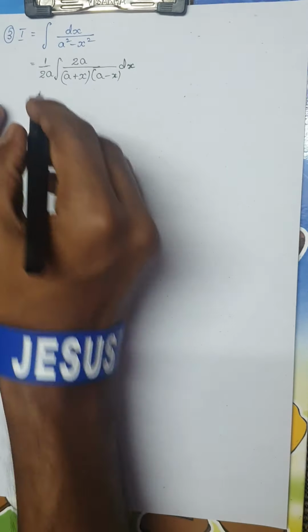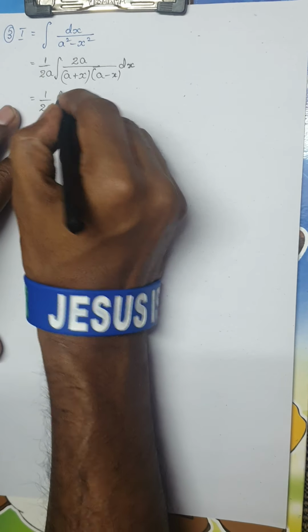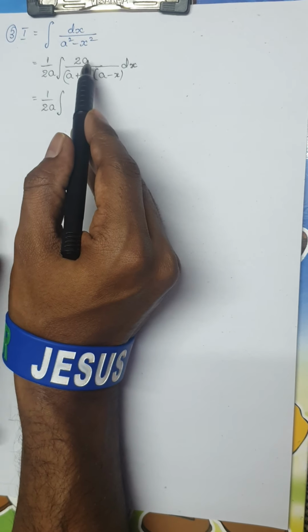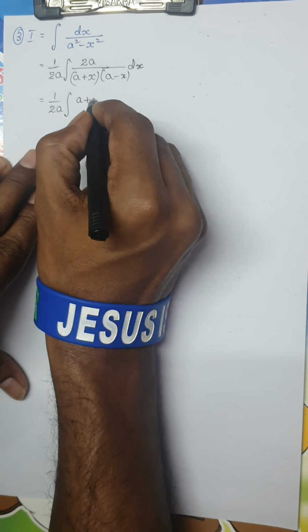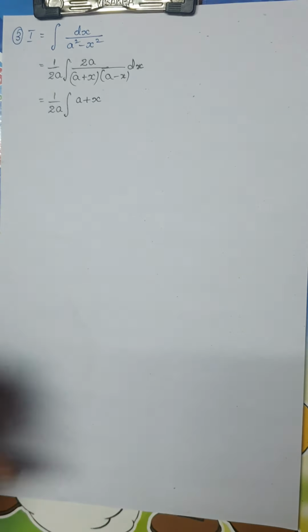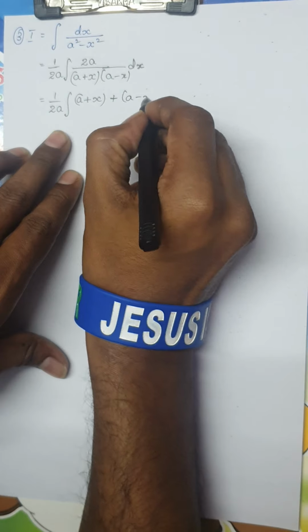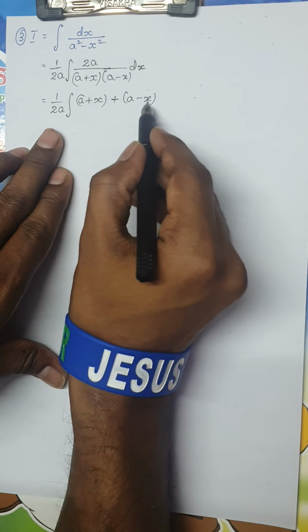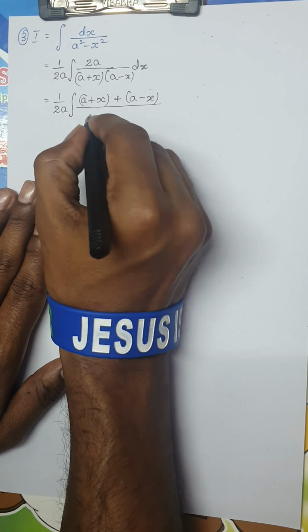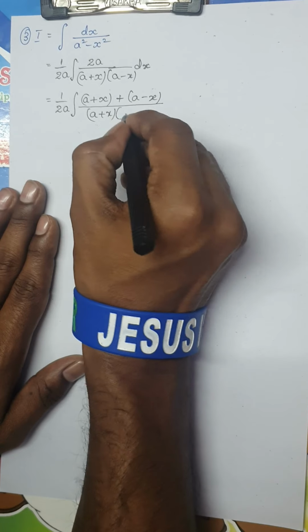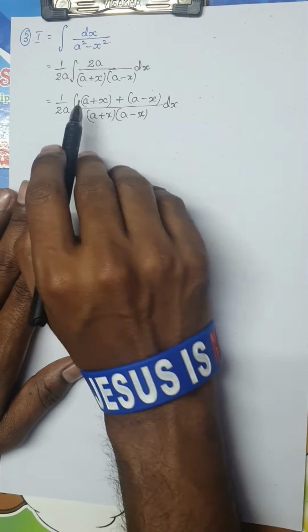Okay, now as I did again, I'm going to rewrite this as 1 divided by 2a into, now remember, if you can take this term there again, so see how I'm going to write this 2a. I'm going to take this as a plus x plus a minus x, remember. So now what happens, plus x minus x gets cancelled, and a plus a will be 2a divided by, I have a plus x into a minus x dx. Is it clear? So I have this term now.